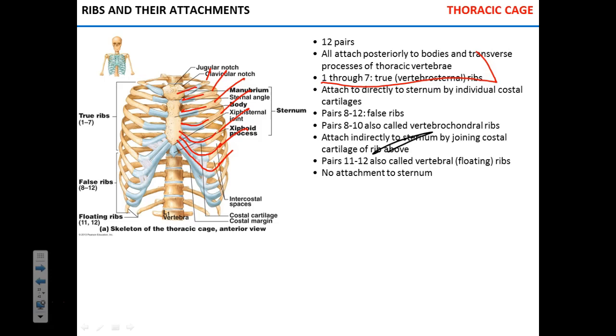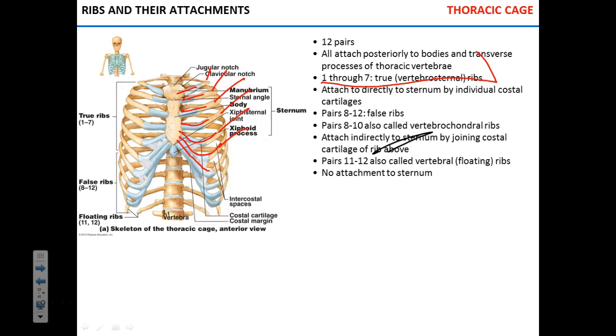The rest of the ribs, 8, 9, 10, 11, 12, are called false ribs. Okay? Those are false ribs because they do not articulate directly to the sternum. Ribs number 8, 9, and 10 are called vertebro-chondral ribs. If you look at them on the image,